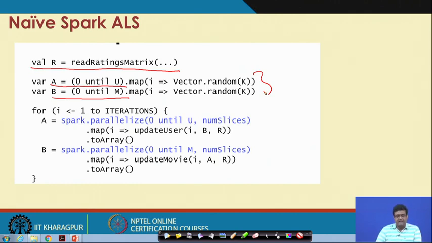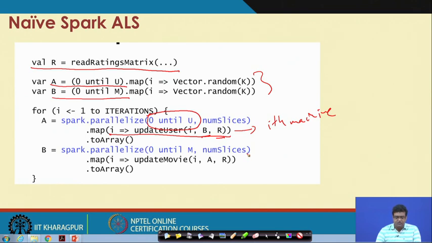Now, for parallel updating, you first parallelize the set of users, because you want to update the vectors for each user. You pass the current B and the current R matrix, and the operation inside the map is happening on the ith machine. In the ith machine you update for the user i, and then you bring it back to the local machine.